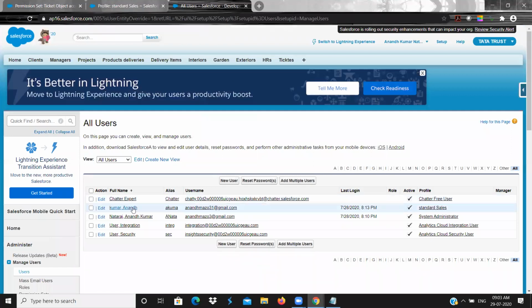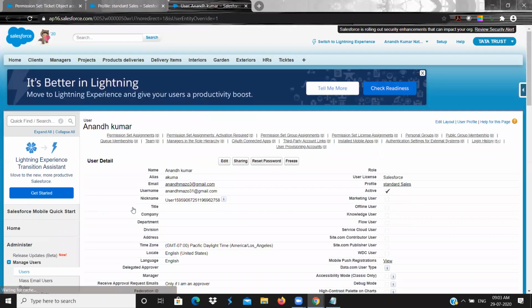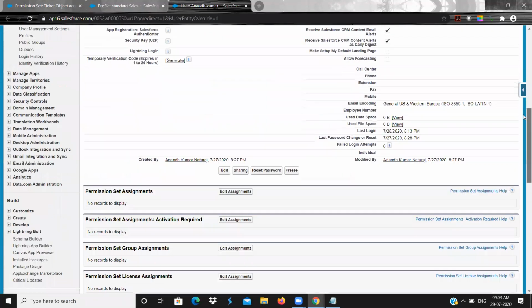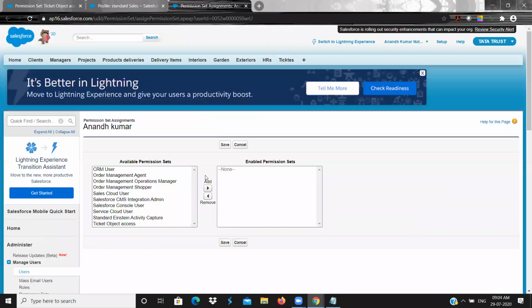So go to the sales user. This is the user. Scroll down, you will see permission set assignment. Click on edit, and select the permission set, that is ticket object access.